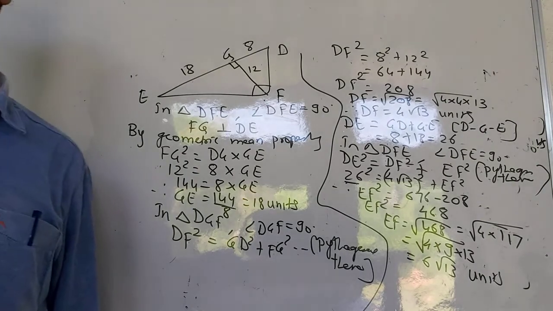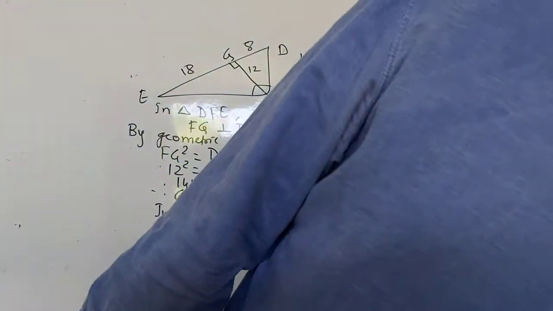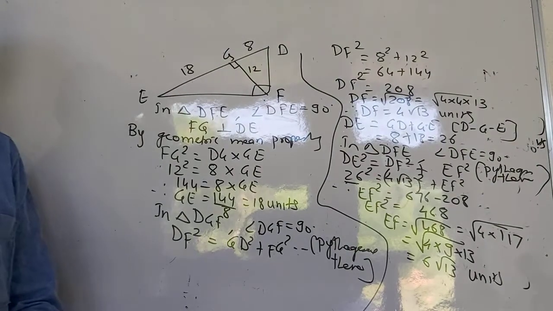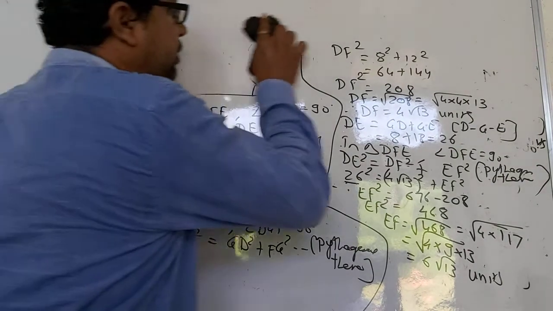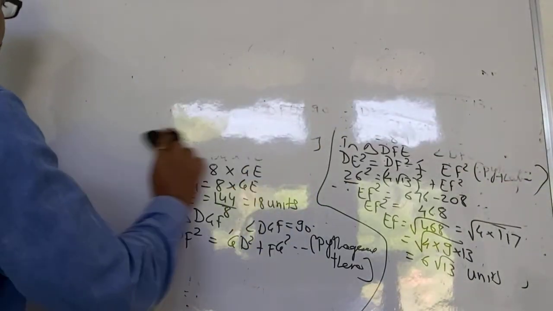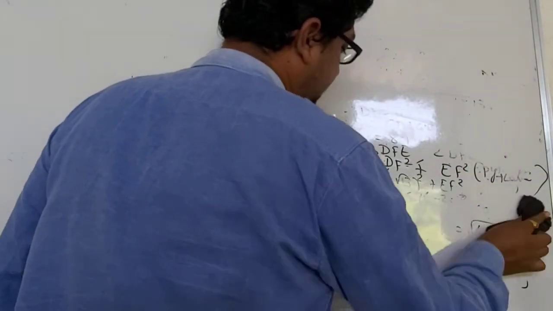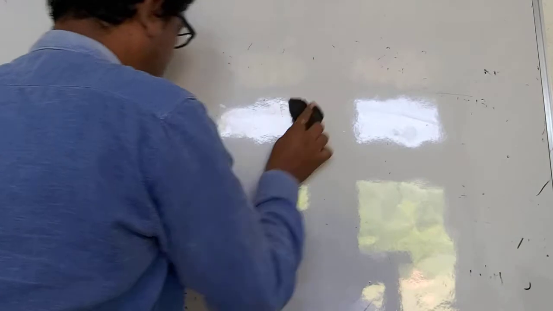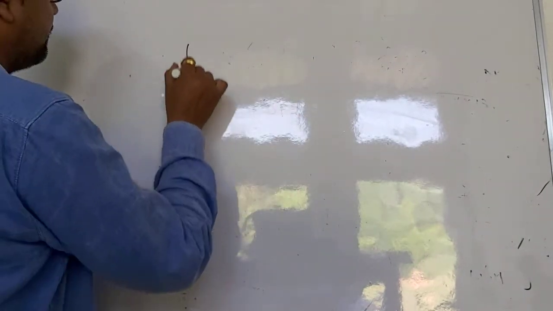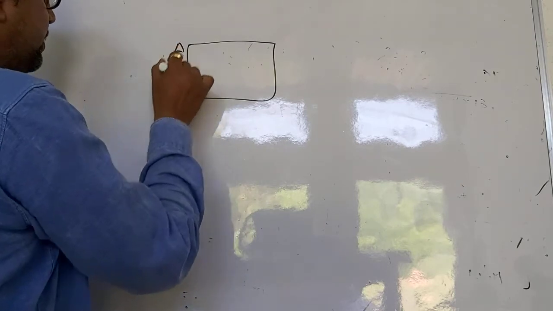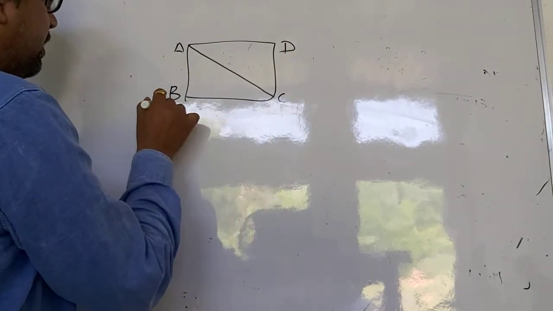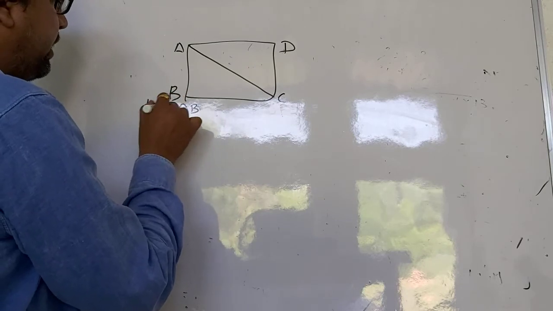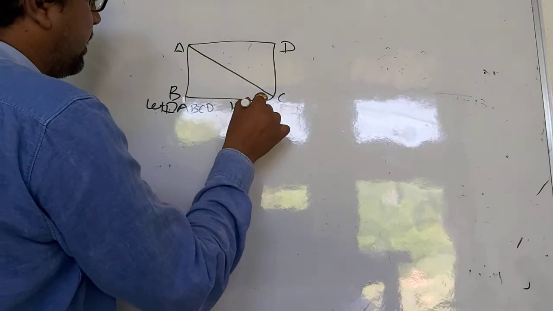Now question number 8 we will take. In question number 8, find the diagonal of the rectangle whose length is 35 cm and breadth is 12 cm, like this the question is there. So one rectangle we will draw in this. First of all, we will draw the rectangle. Let ABCD be the rectangle, AC be the diagonal. Let quadrilateral ABCD be a rectangle.